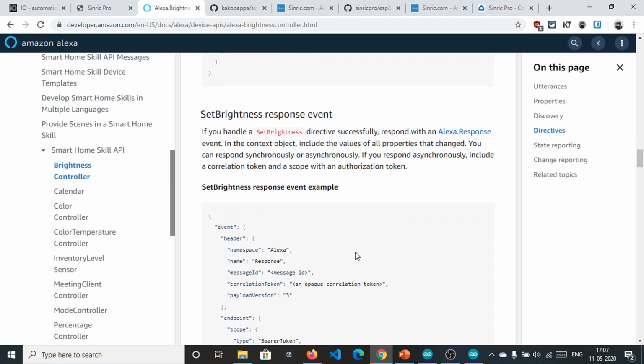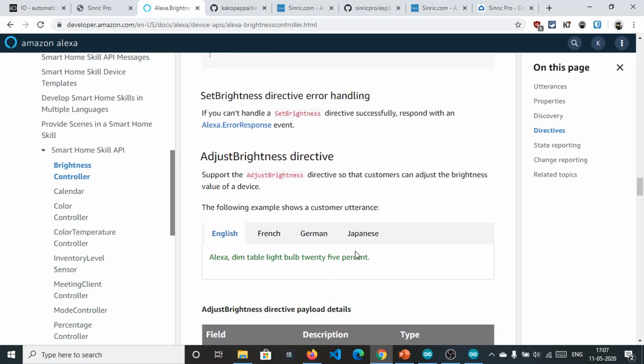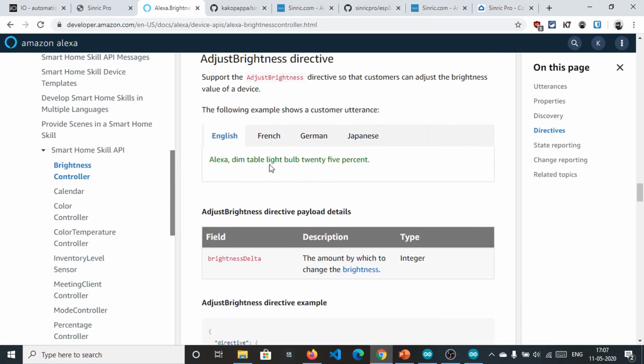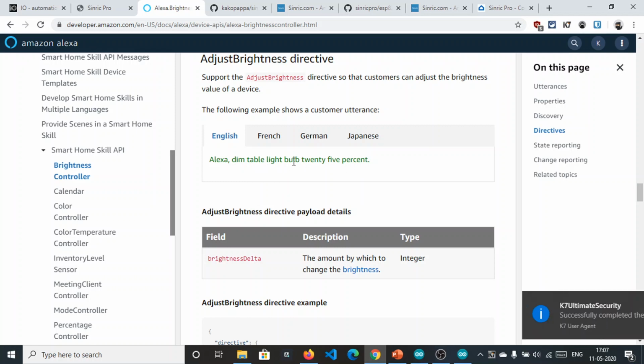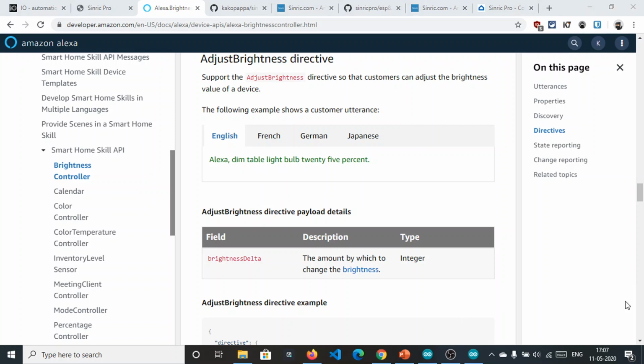Basically this one means dim light bulb by 25%, which means the amount by which the brightness changes. If we are at a value of 100, we will decrease by 30%. So 100 minus 30% of 100, this is the meaning of adjust brightness.